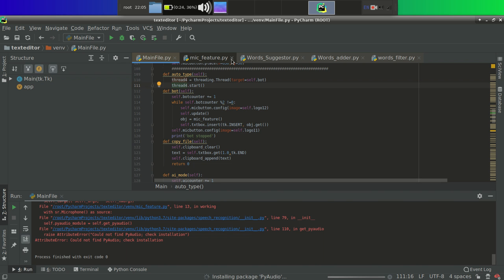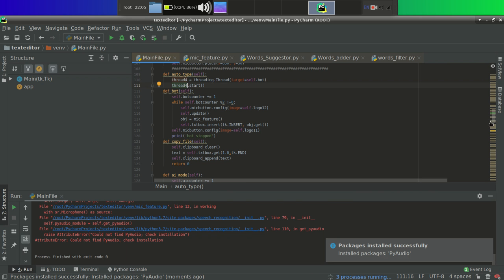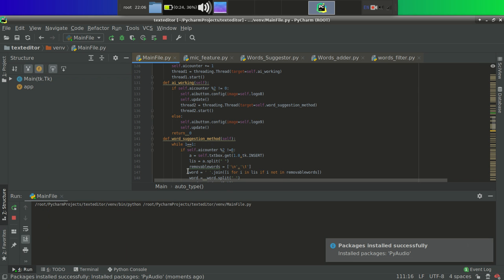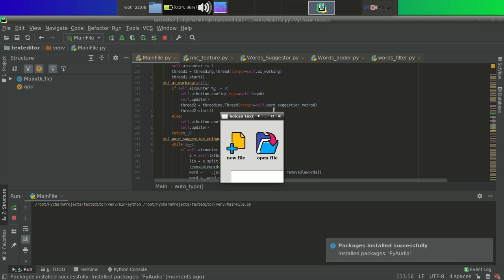Sorry. So let's add the functionality to the time traversal button, because here we want to add functionality to time traversal. So for doing that, let's see where we have defined the method called time traversal. So yeah, package installed successfully. You can see from here the package has been installed. Let's verify that result also.